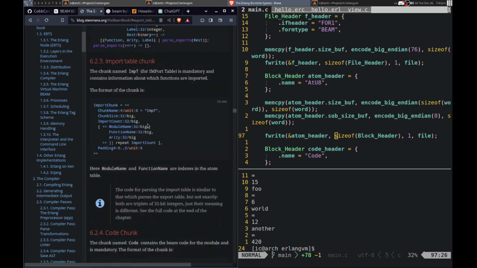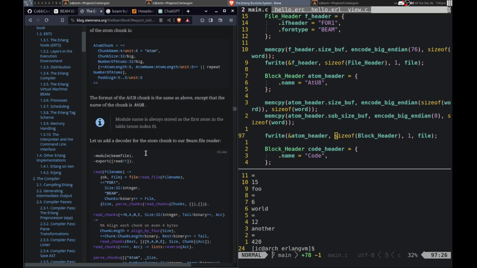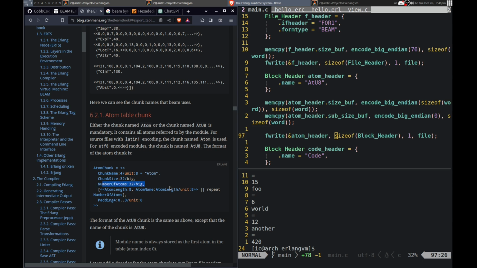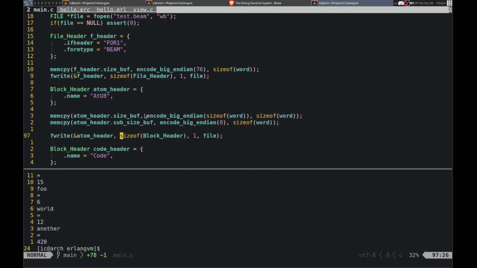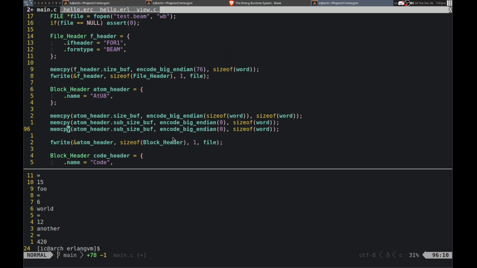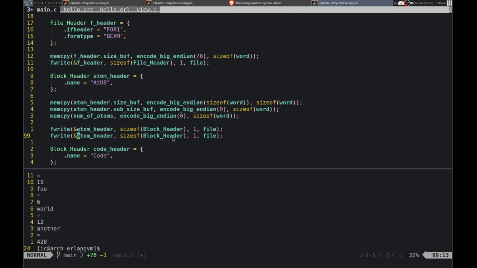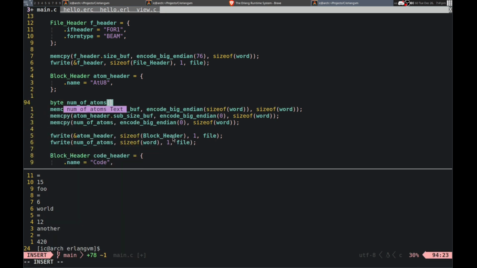Yeah, you probably have to write the atom body, right? Let's go to the atom table. Yeah, so I forgot to actually write these extra things. So I just wrote the chunk size as 0. So I need to do basically the same thing I just did there. So number of atoms. So it's just going to be 0. So I can just write another 0 there. Number of atoms. Size of word. And I need to actually declare that. So number of atoms. Size of word.